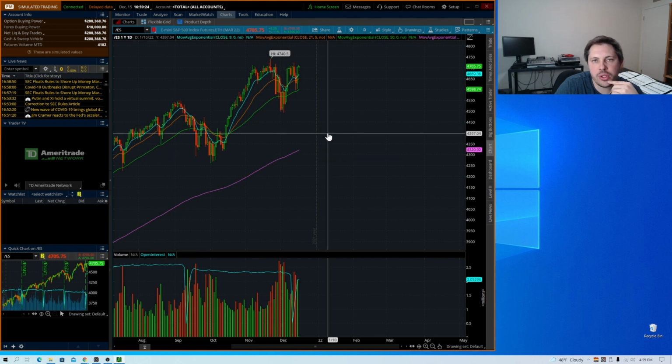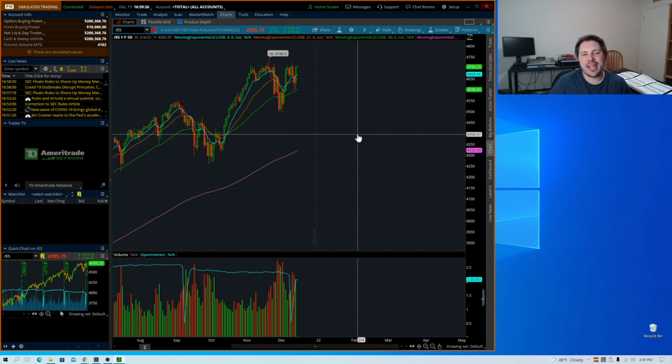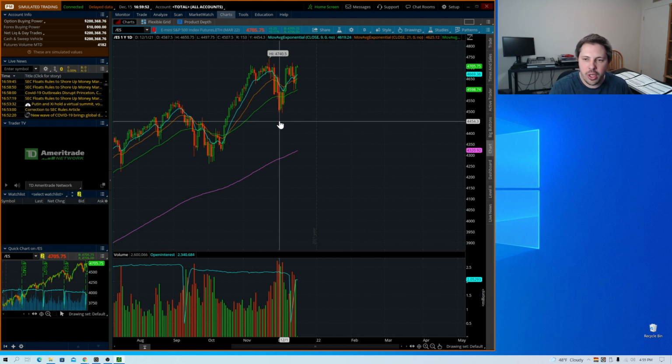And important to realize that the lagging indicators are exactly that, right? They lag the price. So a lot of the time when you're looking at lagging indicators, you're going to use them as confirmation of things that are already happening, right? Because these averages and the lagging indicators move based on previous price action, right? So again,